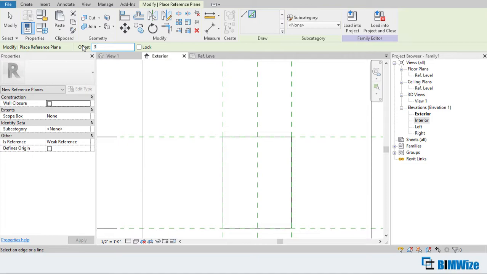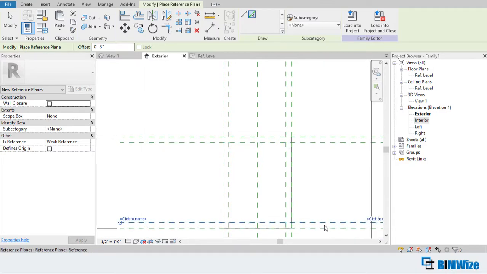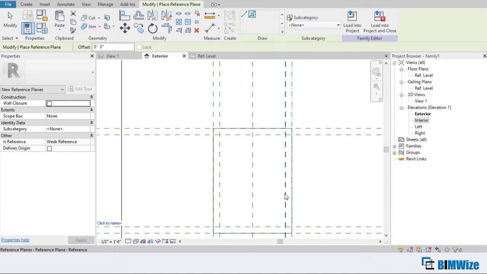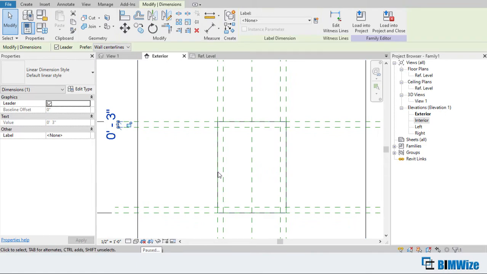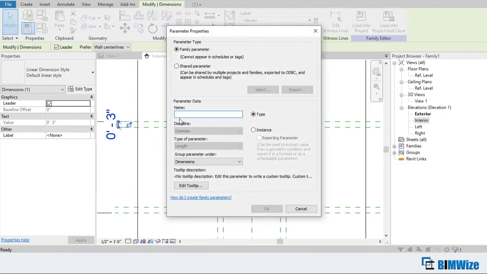To lay out a couple of reference planes right here that just kind of set the frame up. You can see right here I'm just laying some reference planes to the interior side of the template. We will come back later to adjust the dimensions, but for now we have 4 additional reference planes. So let's just give it a parameter to control the frame width which we laid here. So I just used the Align tool to give a dimension that I'm gonna assign a parameter to. So by selecting one of these, create a parameter for the window frame width